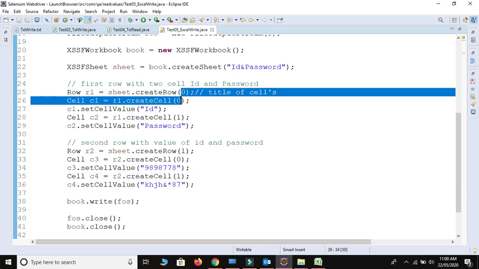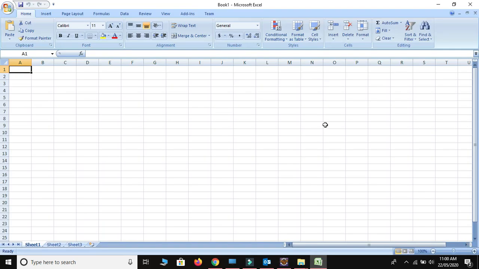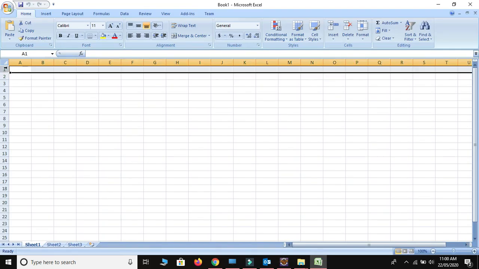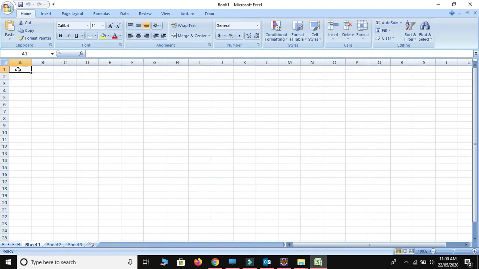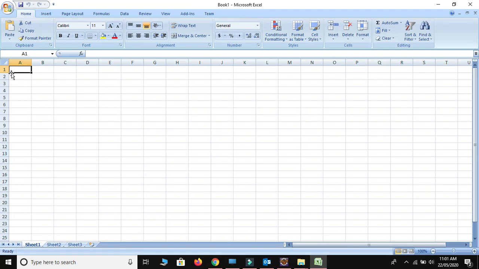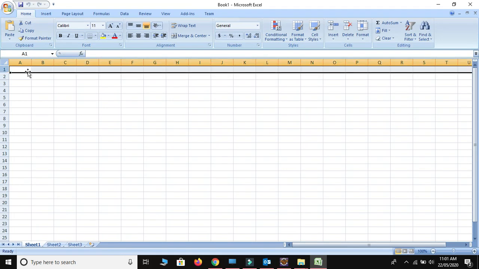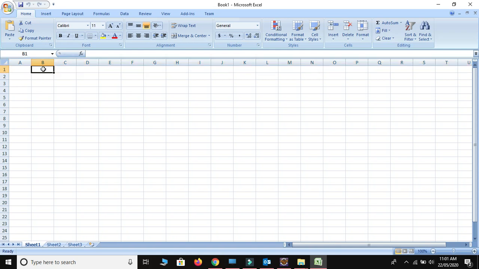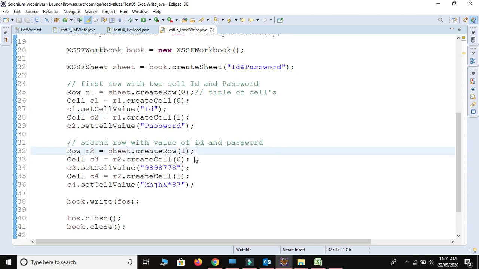Row 0 and cell 0 means this one, 0 row and 0 cell. It will enter some data here. Row 0 and first cell means this is the 0 row and this is the first cell, so it will write the password over here. Now we changed our row.